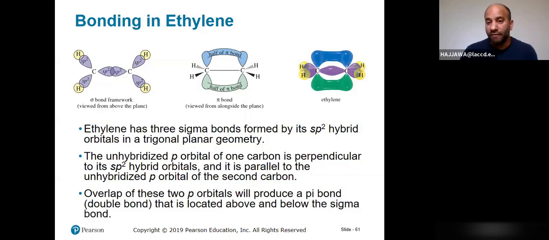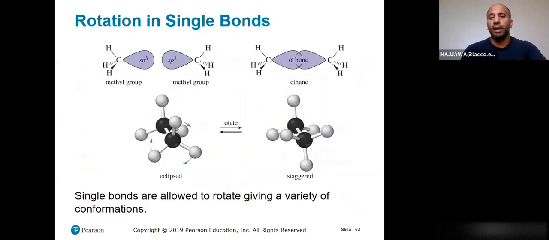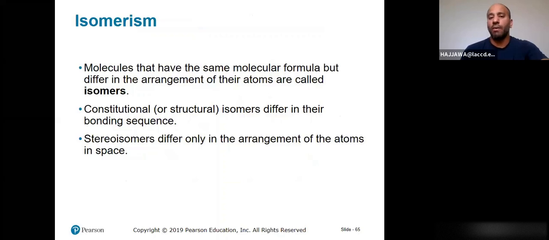And the last difference is that the rotation of the pi bond is rigid, it is prohibited. That's why you see the double bond rotation is 0. When it comes to the sigma bond, it's always rotating around the bond axis. And that will basically lead us now to the last topic in this chapter, which is